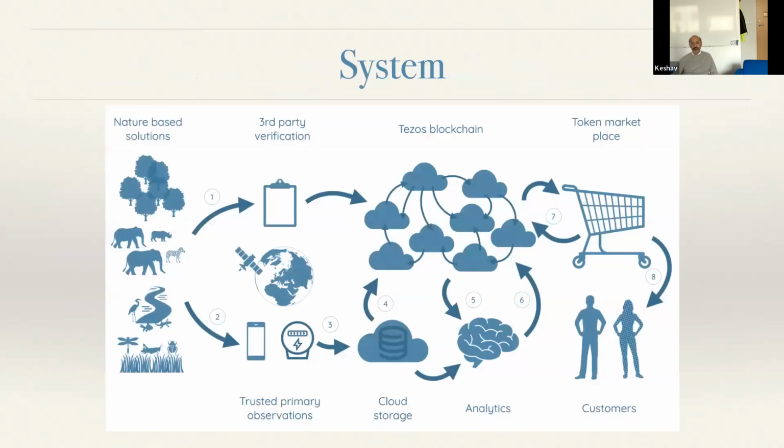So let me show you the system again, because now I want to talk a little bit more about the computer science and computer systems basis for all this. So what I've talked about so far really has basically been steps 5 and 6 in this picture over here, which is given the observations, how do we compute the additionality, leakage, and permanence, and use that to create tokens. And now I'm going to focus on the blockchain itself for just a moment, and then more about the cloud storage, which underlies all of this.